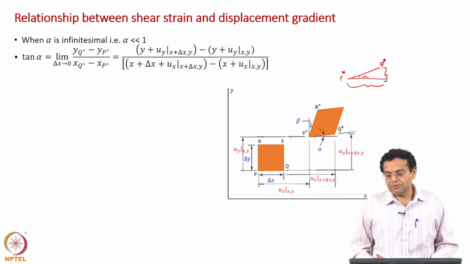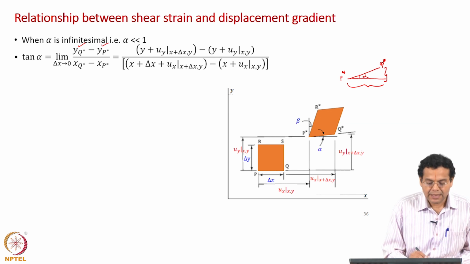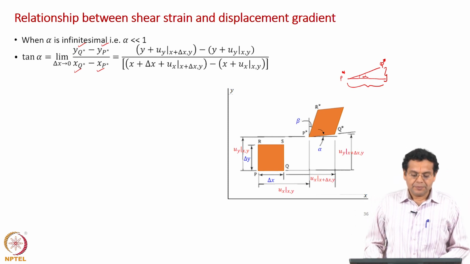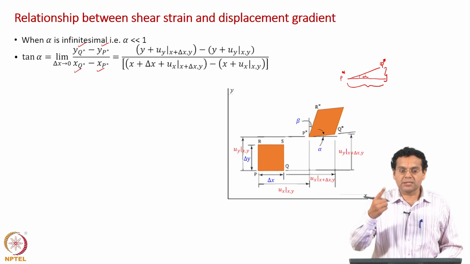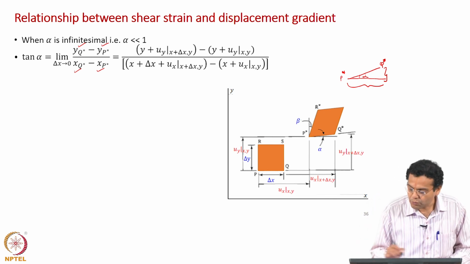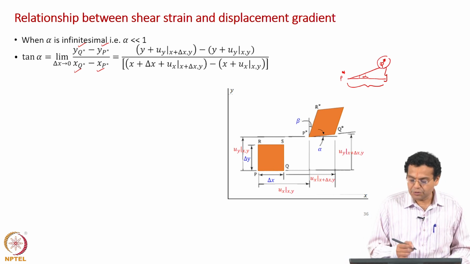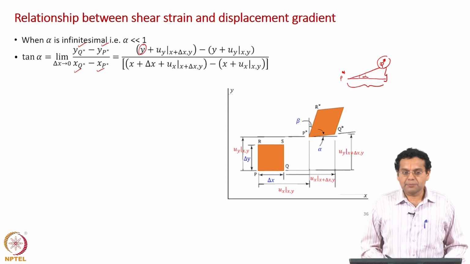So, difference in y coordinate by difference in x coordinate, that is what I have written here: y q star minus y p star divided by x q star minus x p star. Now, how to find the new coordinate? Old y coordinate plus the vertical displacement. So, y q star is the original position of q, which is y, and then the vertical displacement of